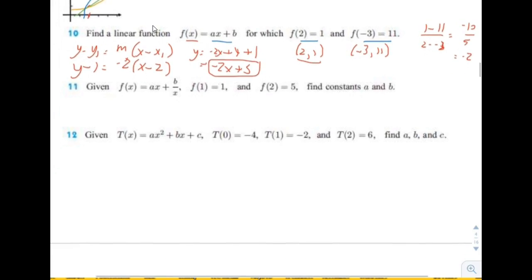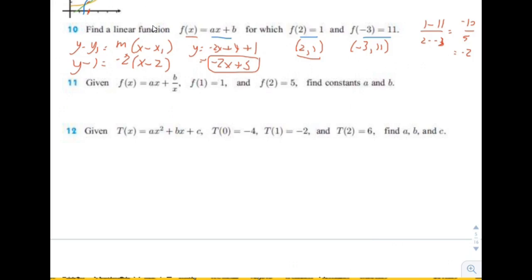Okay. 11. Given that the function is ax plus b over x, and f of 1 equals 1 and f of 2 equals 5, find the constants a and b. So we're going to substitute in x equals 1 and y equals 1, and we're going to get 1 equals a plus b. And then we're going to substitute in 2, 5, and we're going to get